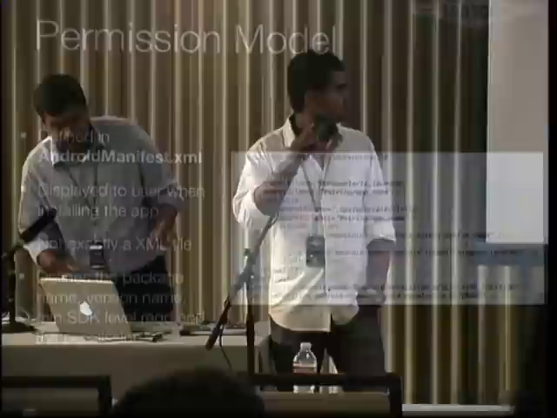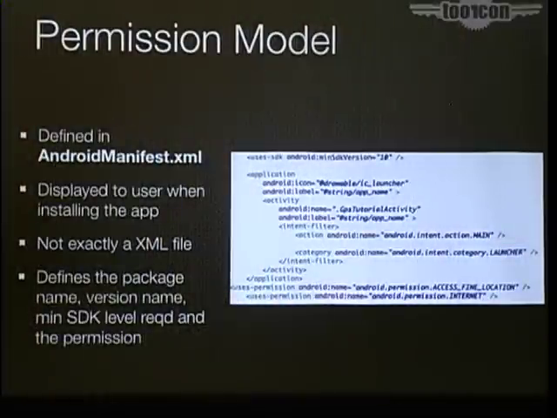It's a separate XML file in which you describe the minimum SDK version, the minimum version of Android on which you want the application to run, the permissions you'll be asking for, the layout, all kinds of stuff. Basically, AndroidManifest.xml contains all the permissions and lists all the services and all the activities, right?